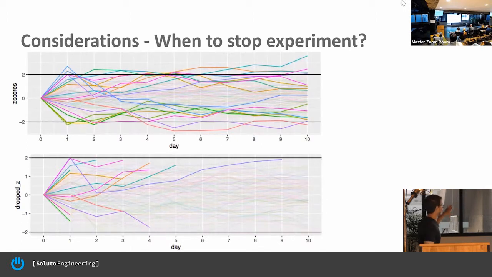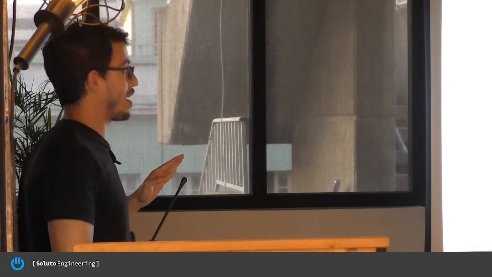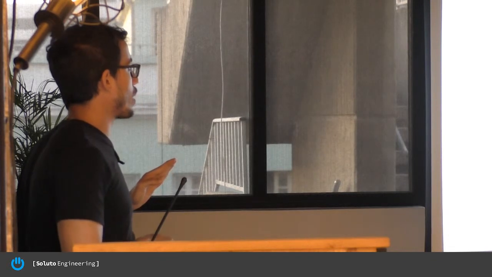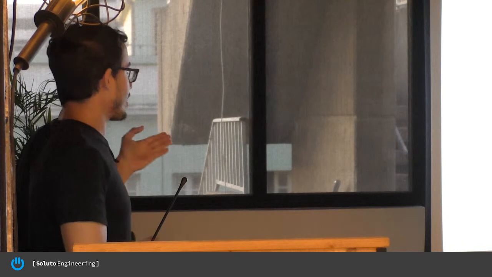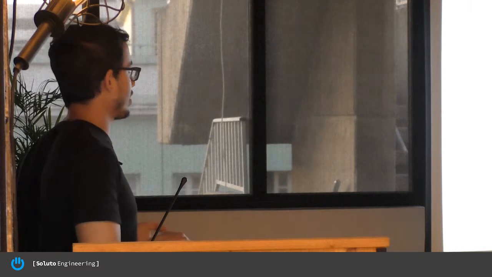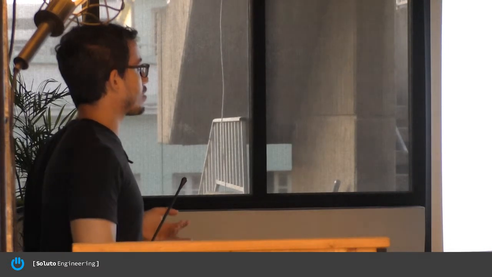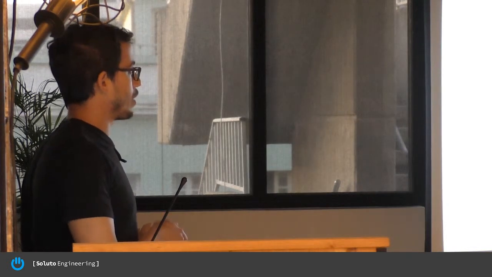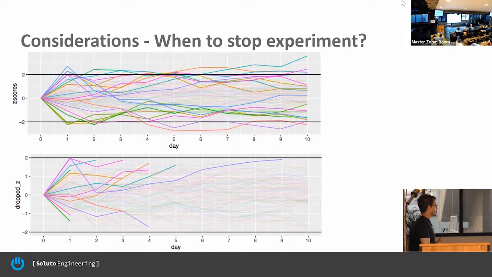Let's look just at the above graph. What we see here are 100 simulations of a null hypothesis running for 10 days. And here we plotted the Z scores. Those are the Z scores of about 0.05, 5% false positive. And there are 10,000 samples a day for each one of those 100 simulations. So if we run the statistical test on day 10, at the end, we will get about 5 simulations that went to the wrong sides, which are our false positives.